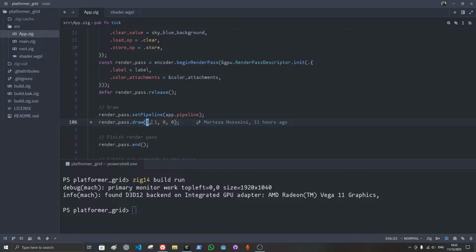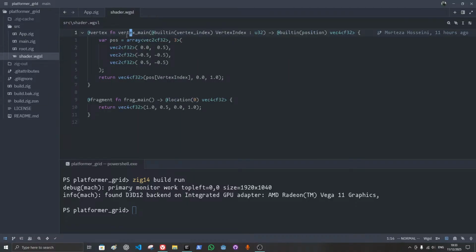to draw. Now we send these things like there is draw and then there is 100. So I don't know what is 100, but apparently this 3 tells the GPU to call this vertex main function in the WebGPU shader language to be run 3 times, and then each time with the vertex index 0, 1, 2, for example,